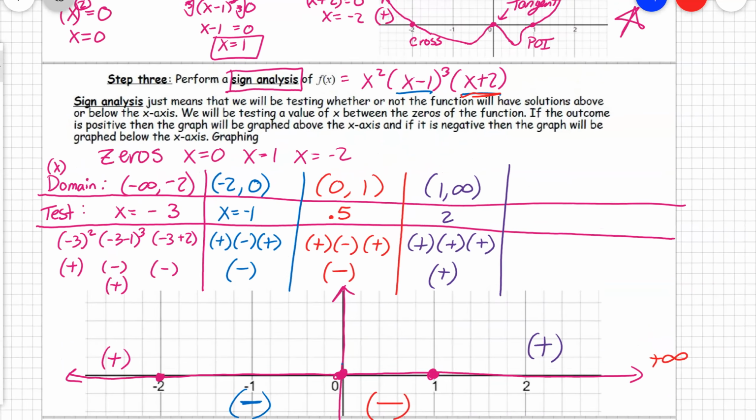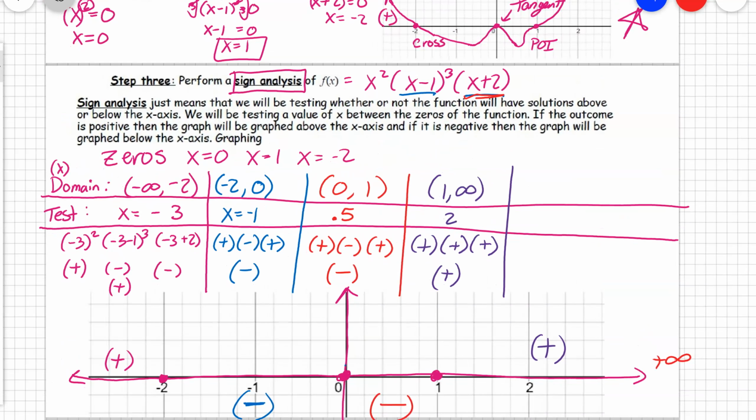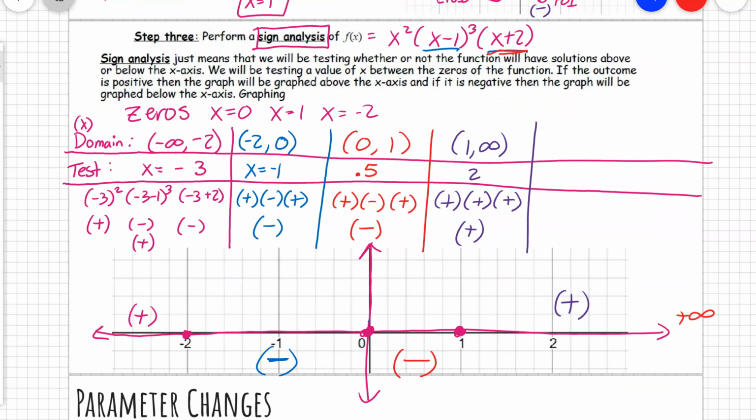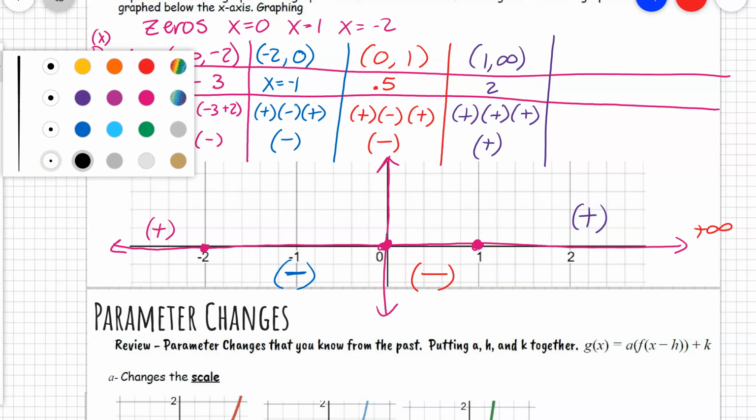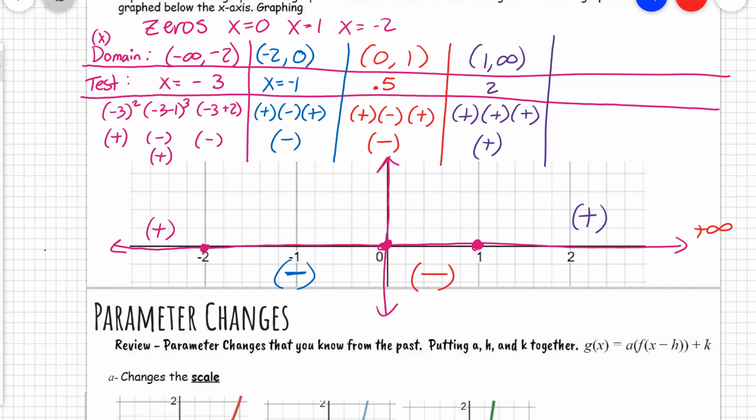Hey, check what we did out before. We have positive, then a negative, then negative again, and back to positive. That's exactly what happened with our graph. So if you can remember your end behaviors with the leading coefficient and the exponent of your leading term, you would be able to graph this without using sign analysis. Sign analysis really allows you to see what's going on with the graph when you can't determine what the behavior is doing. Because what we're going to end up with, and I'm going to choose black here,